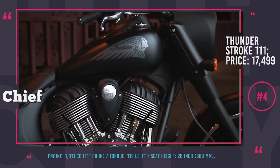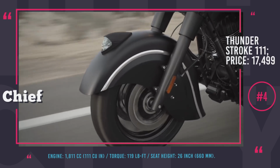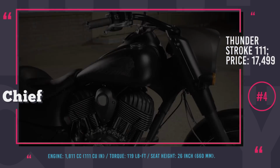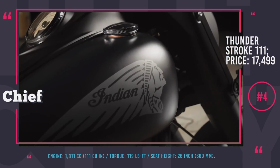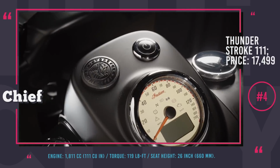The modern tech that needs mentioning includes standard ABS brakes, massive 46mm front fork, cruise control, internally wired handlebars, and keyless ignition. However, all the features aside, what truly makes the Indian Chief Dark Horse stand out is the matte black paint scheme that will